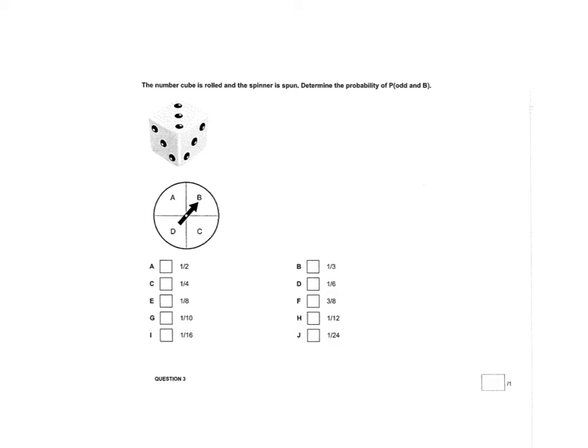Same thing on the next one. We still have a dice, so that's out of 6, and we still have a 4-sided spinner, so that's out of 4. So then it says determine the probability of landing on an odd number. So if we have our dice, think about how many numbers there are on it. We've got numbered from 1, 2, 3, 4, 5, and 6. So how many odd numbers are on a dice, or on a die, excuse me. There's 1, 3, and 5. So 3 of the numbers